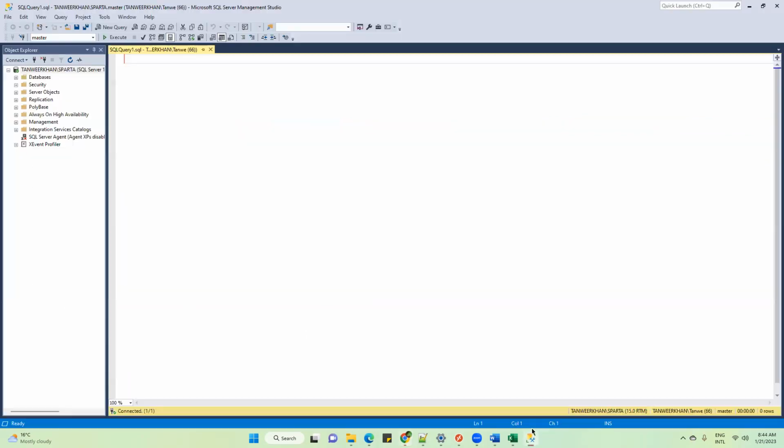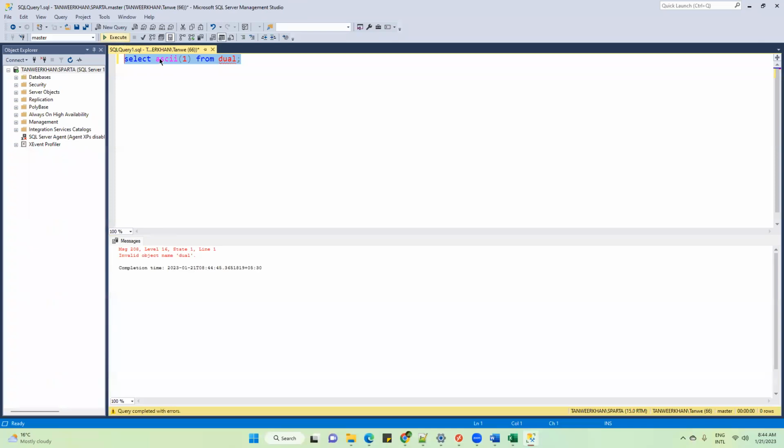It can give you the system date and all those things. If I execute this on SQL Server, it is telling me it doesn't know what dual is, because this is used only on the Oracle platform. But I will strongly recommend one thing: don't get confused by these different platforms if you are very new to SQL.